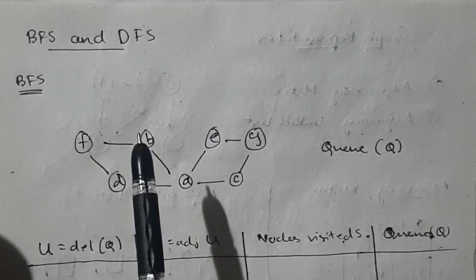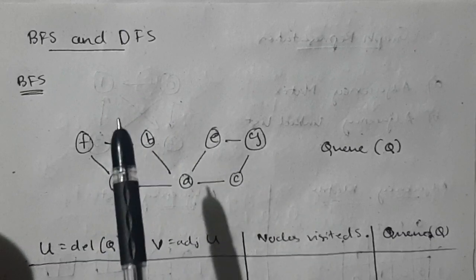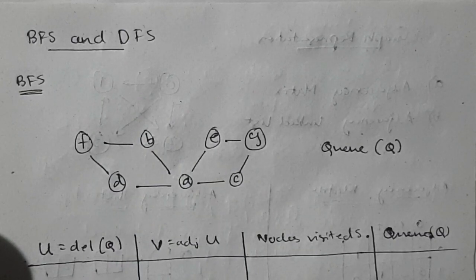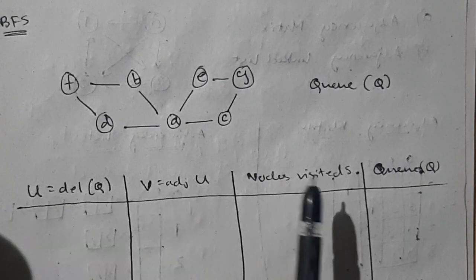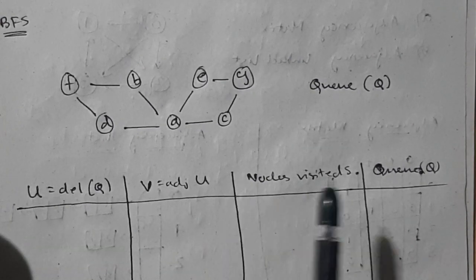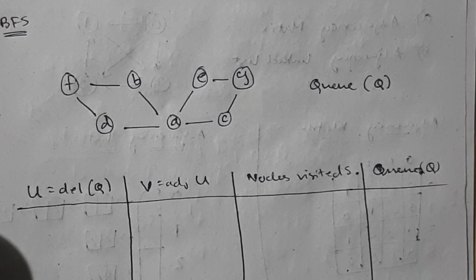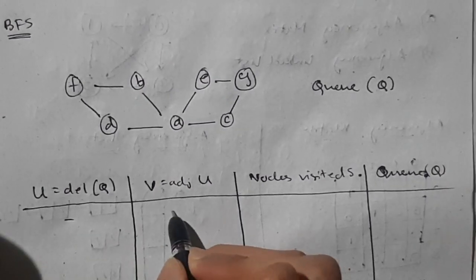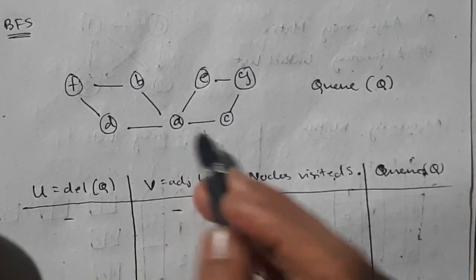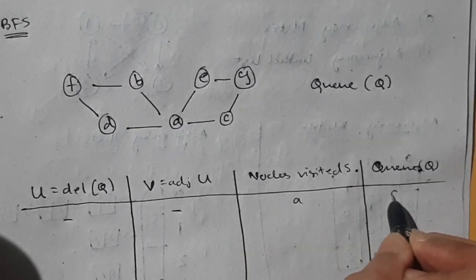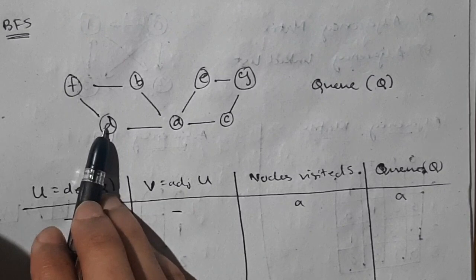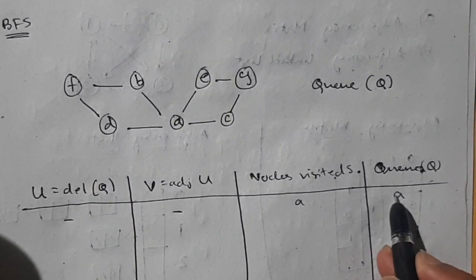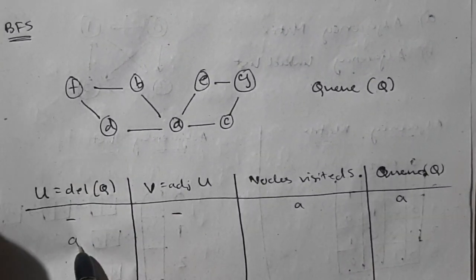Now coming to the graph part, you will be given this graph. What you need to do, in alphabetical order if they ask: first make 4 columns, U, V, S, Q. Okay, nodes visited and this Q. Now in the first row, put a dash and write the first alphabetical order, A, if they ask in that way, or if they ask to start from D, you should start from D. Okay, now whatever is in the queue, copy it here, A.